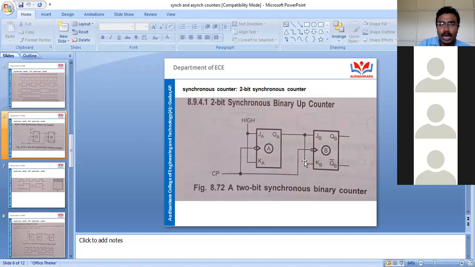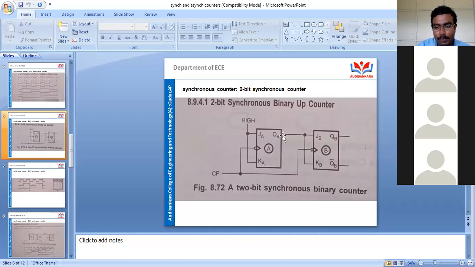Look at here, students. I told you already how you have to give the connections in synchronous and asynchronous counters. In a synchronous counter, clock is common. Clock is common for all the flip-flops. In the previous asynchronous counters, only the first flip-flop is given clock by us. Output of the first is given as clock for the second one. The output of the second is given as clock for the third one. Here it is different. Clock is common for all the flip-flops. Okay, at a time we'll be applying clock for all the flip-flops.